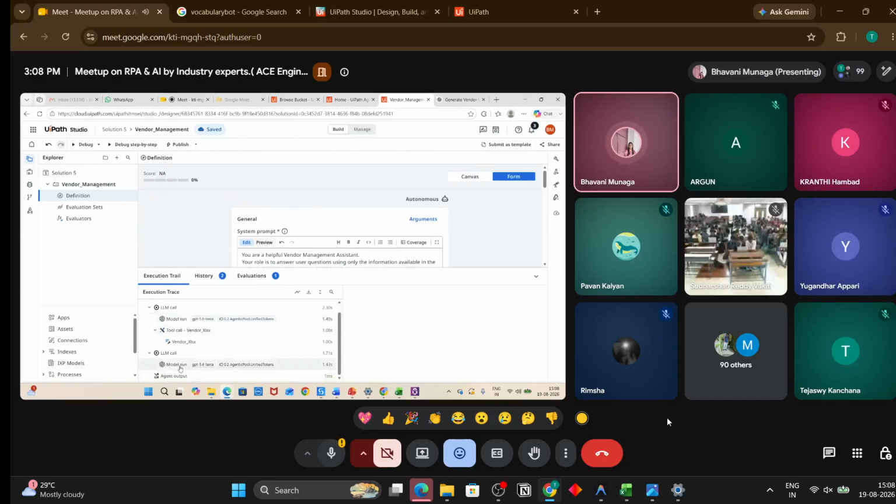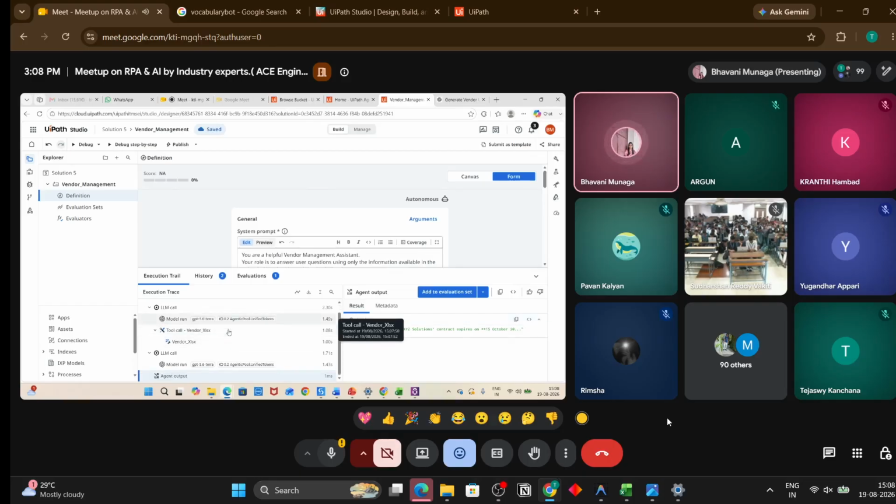If you see, this is the LLM call it is doing, and this is the output. So XYZ contract expires on 15th October. This is the output it has generated, depending on the policies and the query we have given.